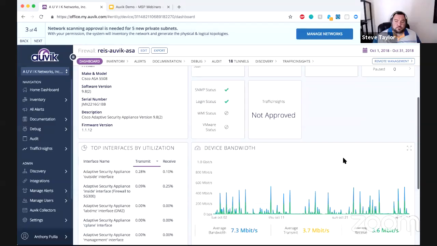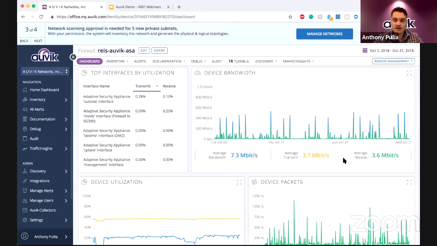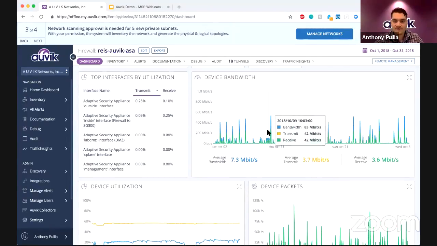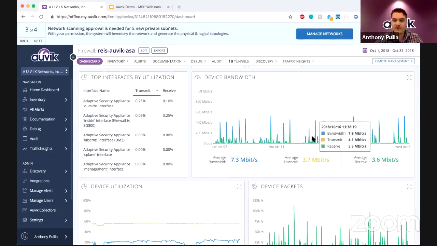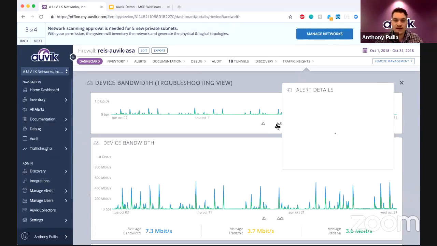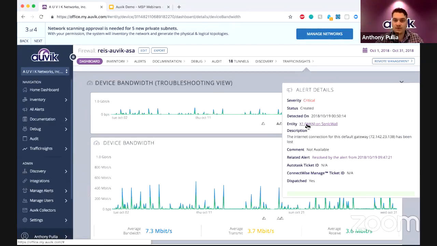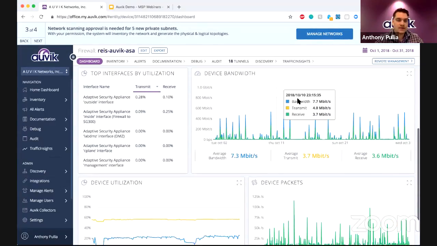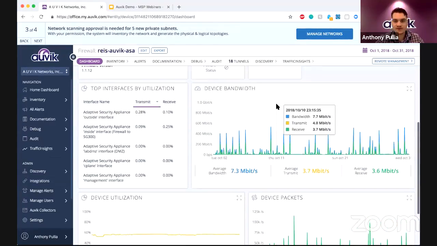And so, like you said, when it came to the bandwidth, you can obviously get the readings from the CLI on the device. But the nice thing with Auvik is we're able to put it into a nice graph, so that way you can actually see and demonstrate where the spikes are happening. You can also go into something like the troubleshooting view here, should you want to see any alerts that are being triggered at any point in time. So you can see, for example, the entity of the X1 on the SonicWall, it looks like we were losing internet connection at one point in time on that device. So again, it's just giving you that extra set of eyes and that deep dive